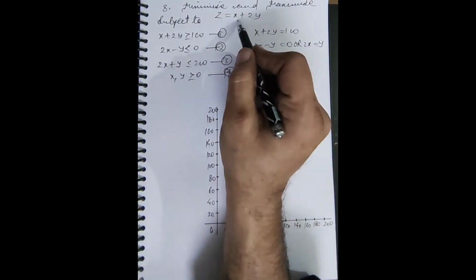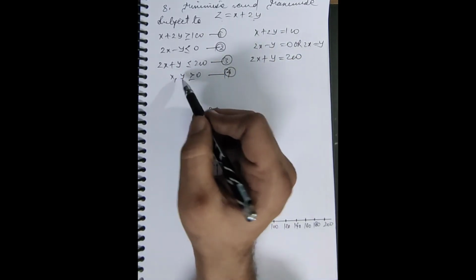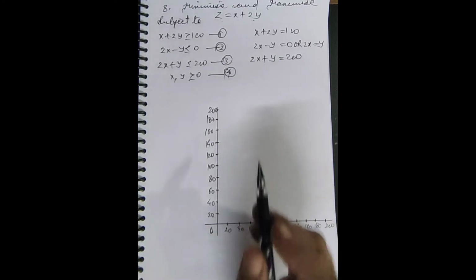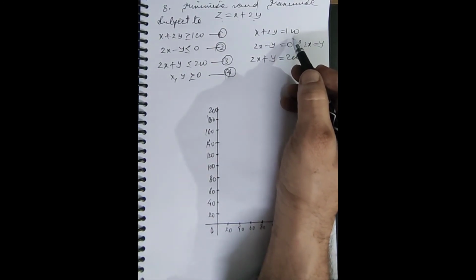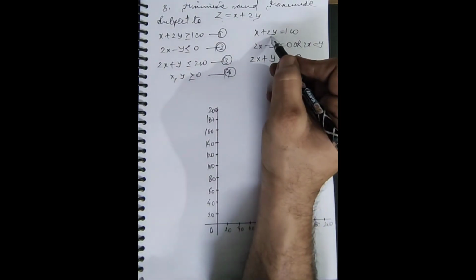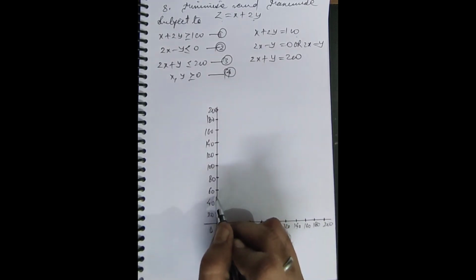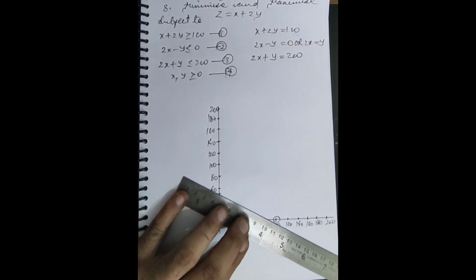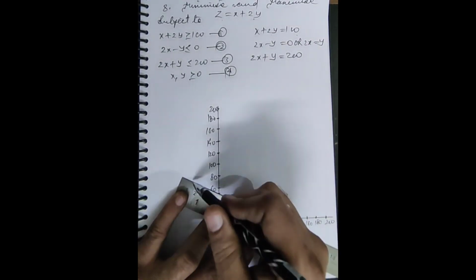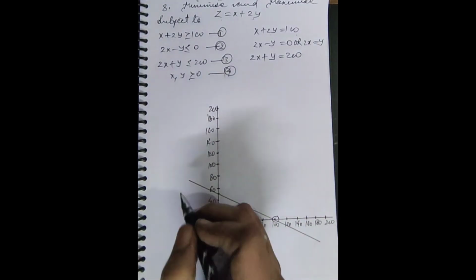Of this exercise, question number 8 I have taken, maximizing and minimizing again, of the function z equal to x plus 2y subject to 3 constraints, and accordingly I have taken a scale also. So let's begin with the first one. x plus 2y equal to 100 is the corresponding equation. So if I make y equal to 0, x is 100, and x equal to 0 makes y equal to 50, lies here. So we can join them this way. This is the first one.